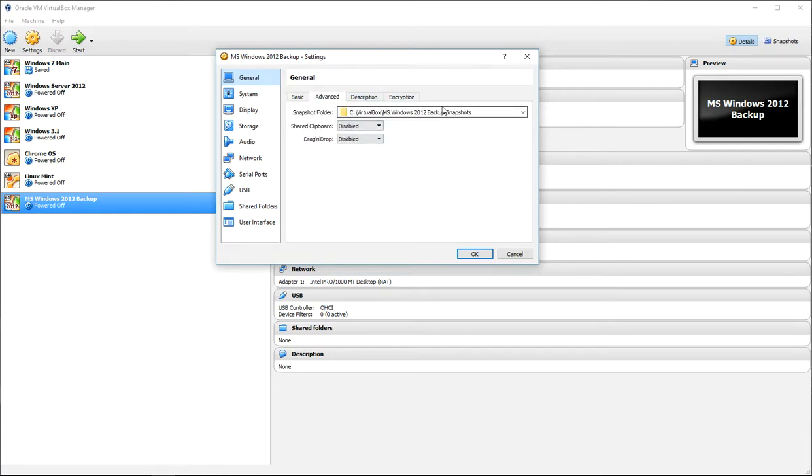The Advanced tab, I leave everything default here. Your snapshot folder, you can put your snapshots there. That's when you back up, make a snapshot. For the shared clipboard, I go ahead and do this now. I do host to guest, but I don't allow bidirectional or guest to host because I don't want anything jumping